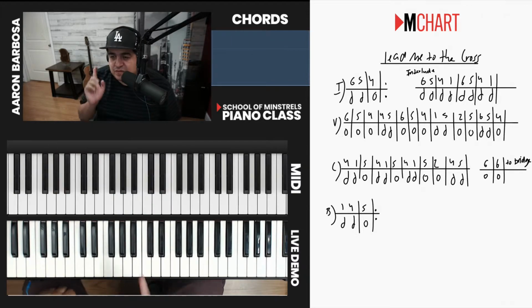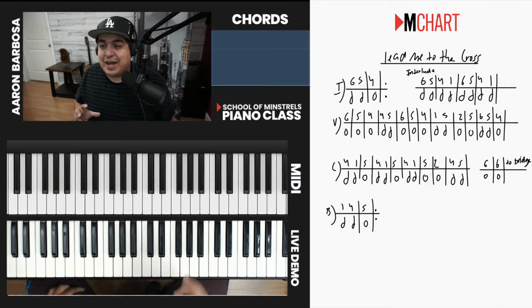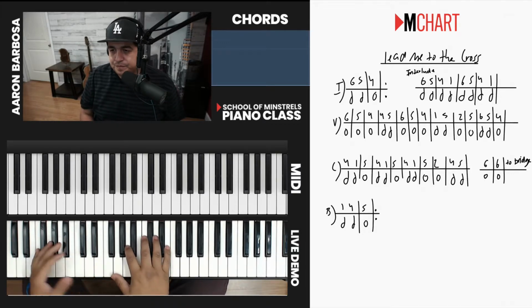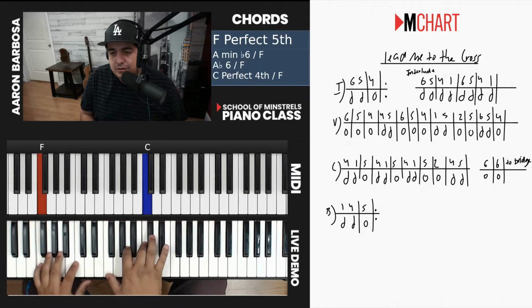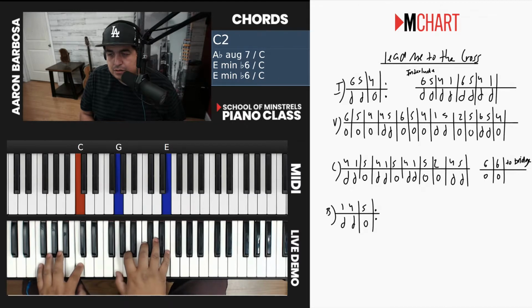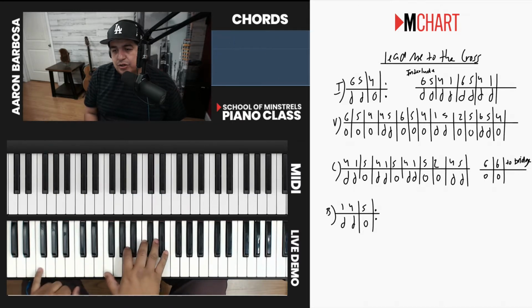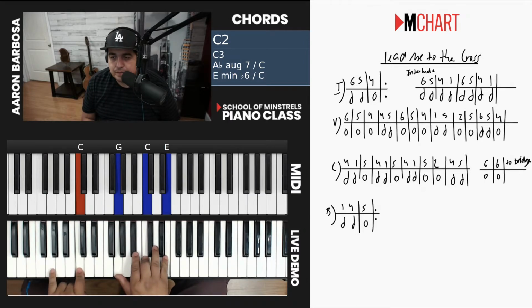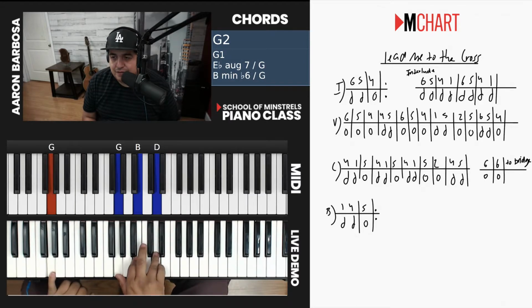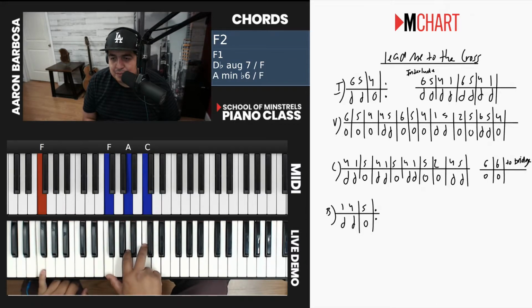All right. Now, the other style is the arpeggio. And that's when you take the notes of the chord. So at the end, we're doing Lead Me to the Cross. So the chords are 4, 1, 5, right? But I'm taking those chords, and instead of playing them all at once, I'm going,